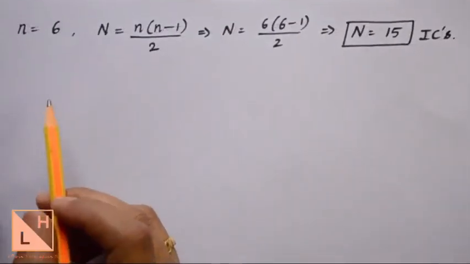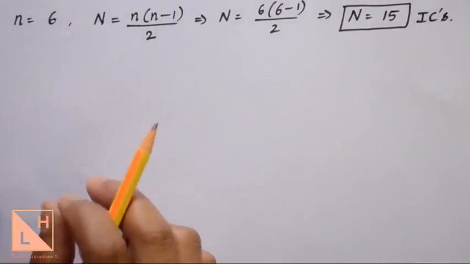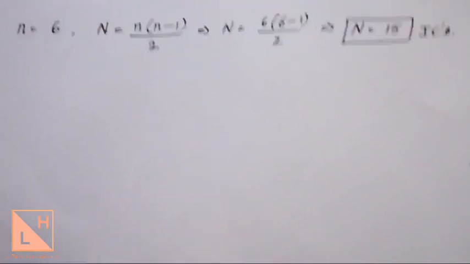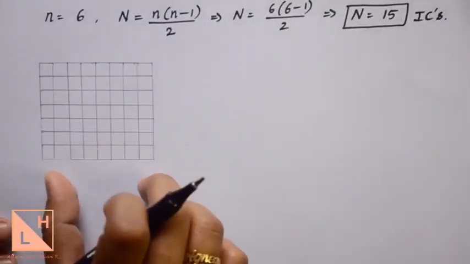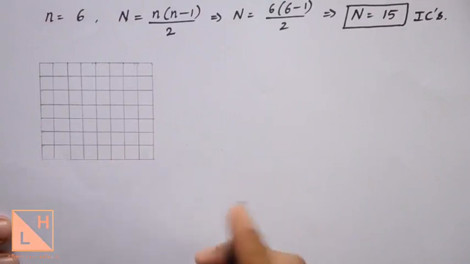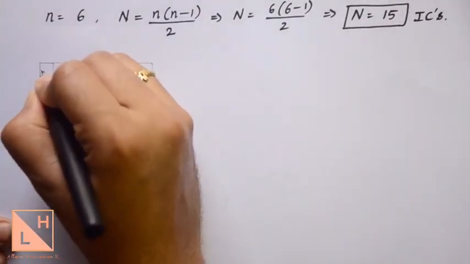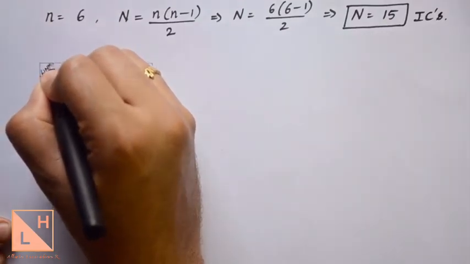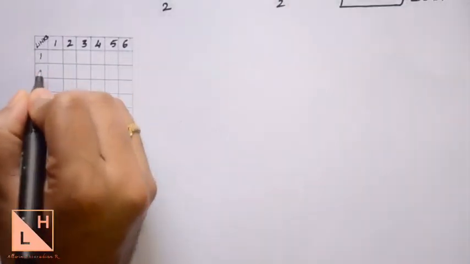Next we will construct the box of 6 cross 6, so that let us identify the names of the ICs that we need to locate for this particular mechanism. I have constructed 7 cross 7. Always construct one extra to name the links on rows and columns. So this will represent the links in the column 1.